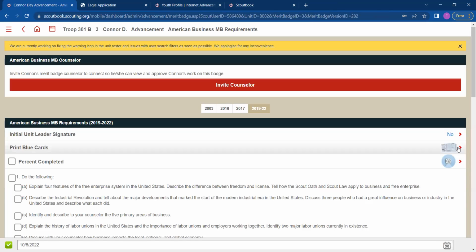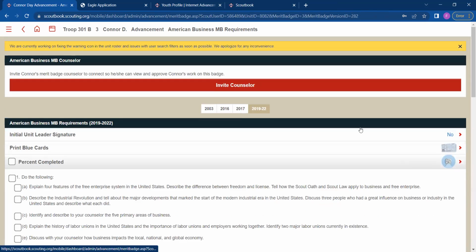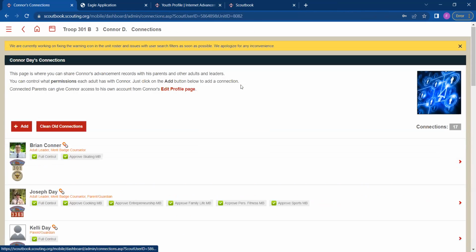So if you are a unit that likes to have the paper blue cards, you can click here and print from there. Invite counselor. You can invite your merit badge counselor from there. Go back to